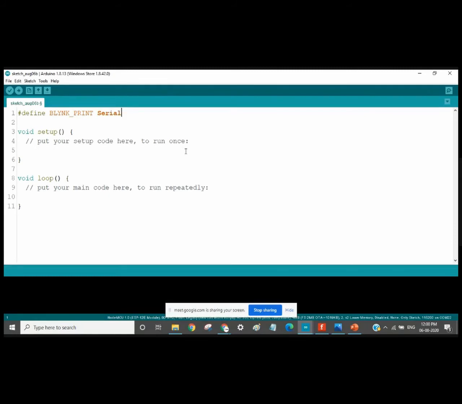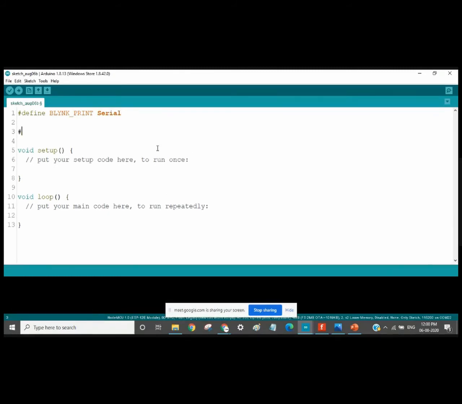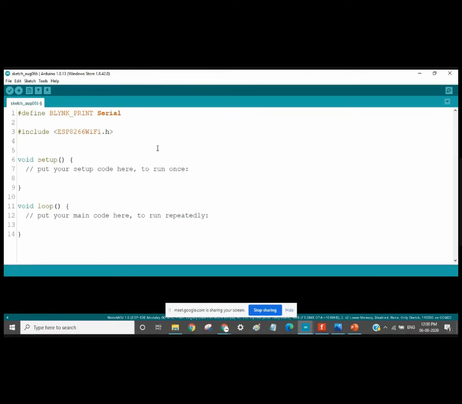Okay. Then we will write the same library which we used earlier. That is, we are including the library with #include ESP8266WiFi.h. Okay, and since we are using the Blynk platform, we need to have the library. If you do not include the library, then the code will not work. So we are including the Blynk library also.